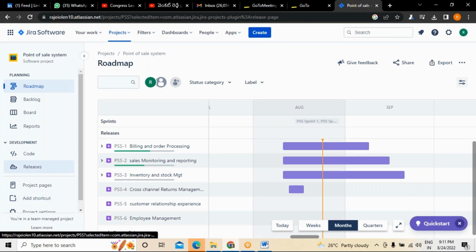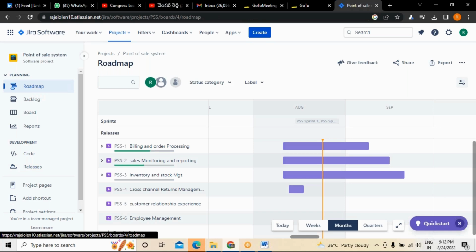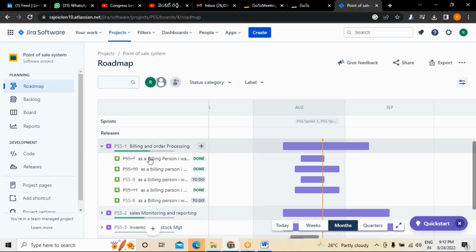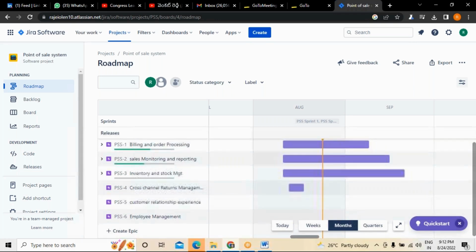At the same time, we have mentioned the release date as well. The release starts on August 11th, and from there it will be 4 months. So by December 11th, 2022, it has to be completed. This is the first release we have planned so far. Now, what do we have to do? We have written all the user stories, everything we have written. So what we have to do now is,